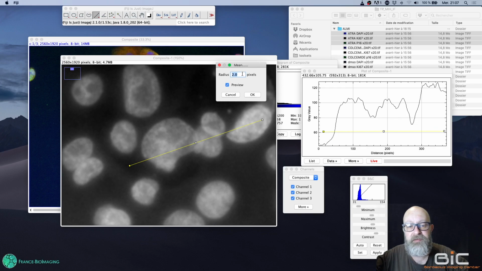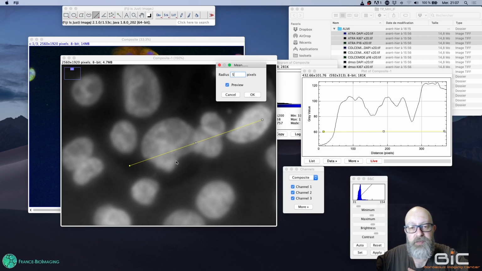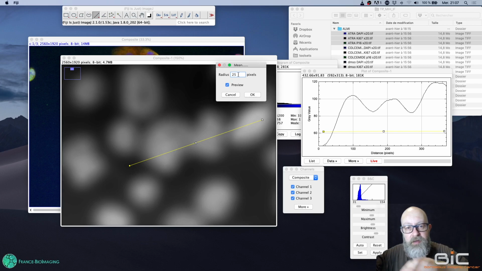I could increase the neighborhood, let's say to 5. And you see that the image becomes a bit blurry. It's more homogeneous within the nuclei. I have the bumps, and I will be able to separate the nuclei in an easier way. If I go to a really large radius,